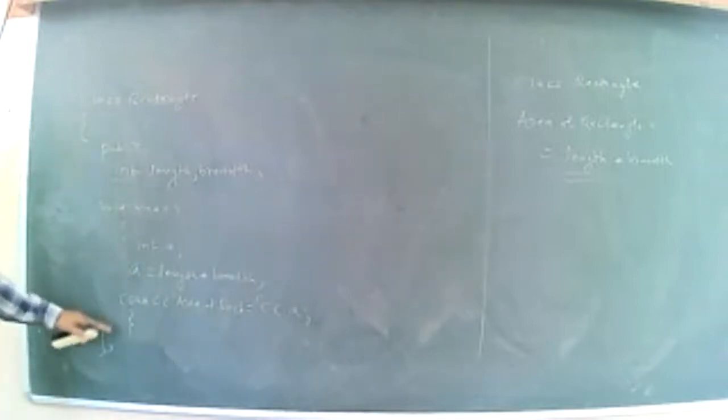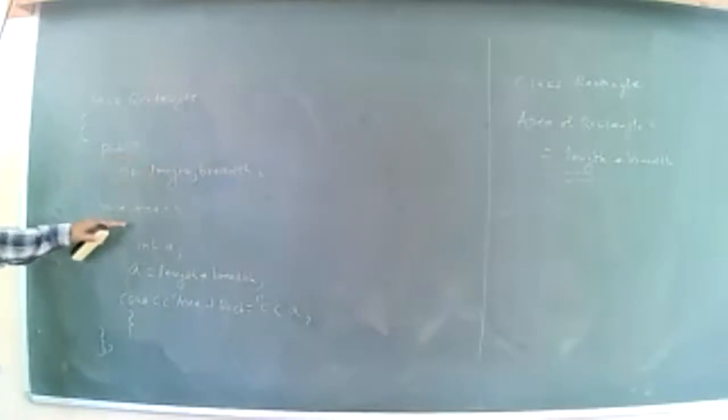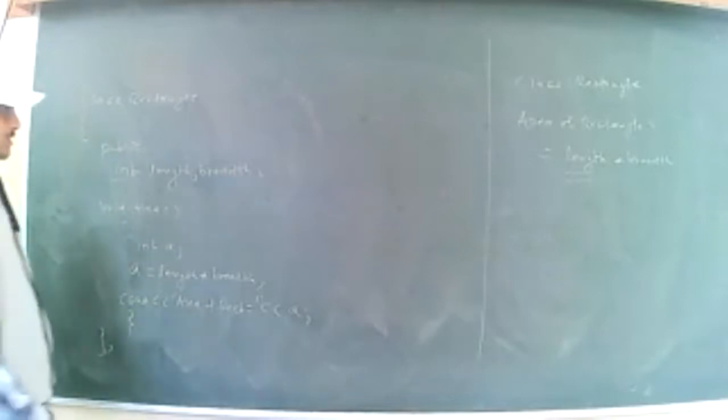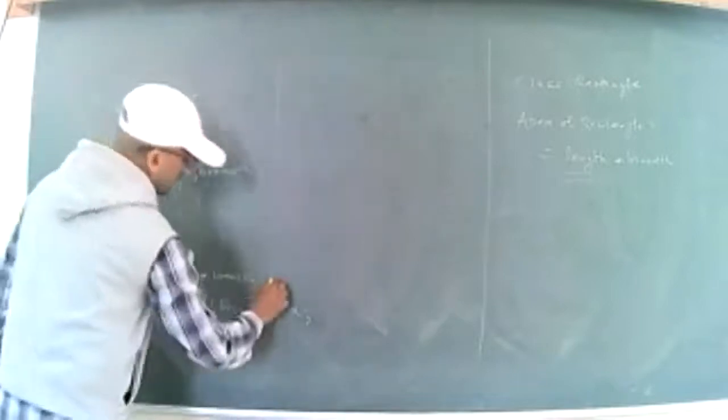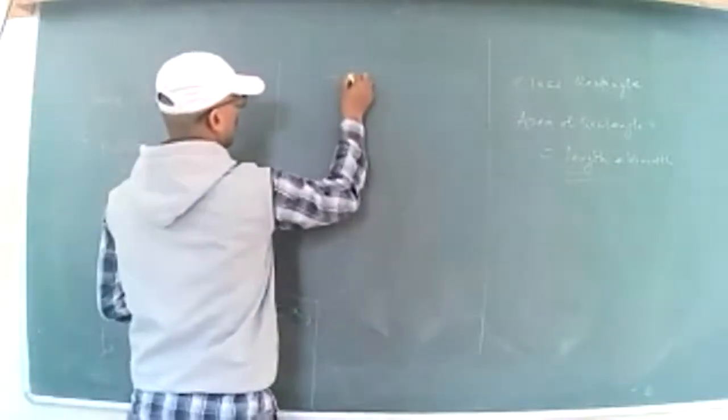Okay, so this is the way to write down the class. In our class, what are we going to have? We are going to have the variables that we are going to use and the functionalities that we are going to implement with the help of our class. Now, the important part that we are going to write down is the main function. Here I am going to write down the main function.